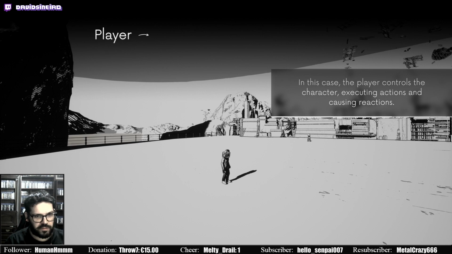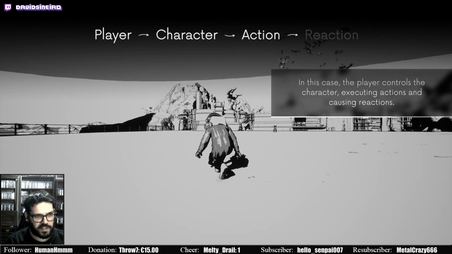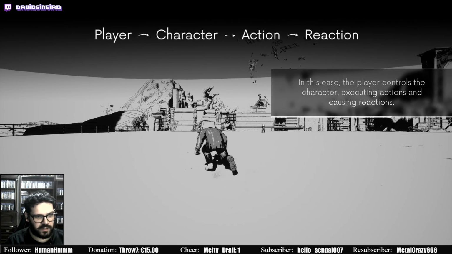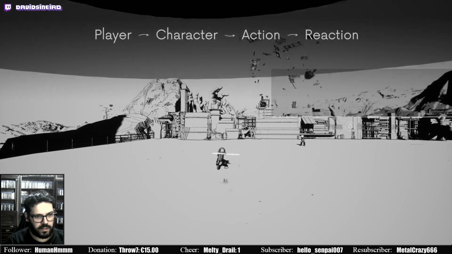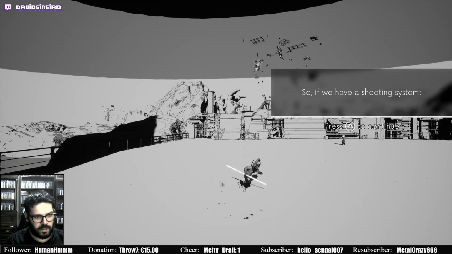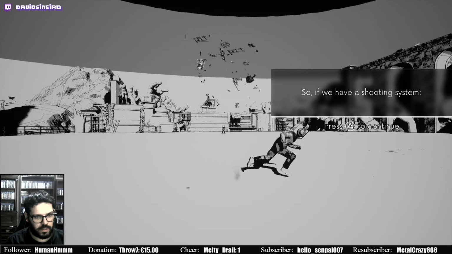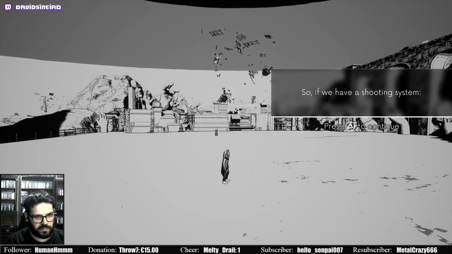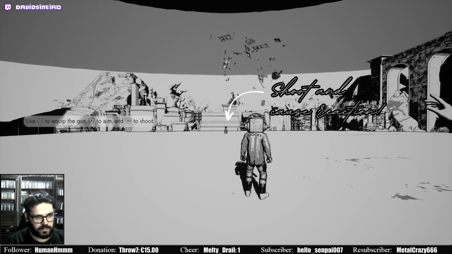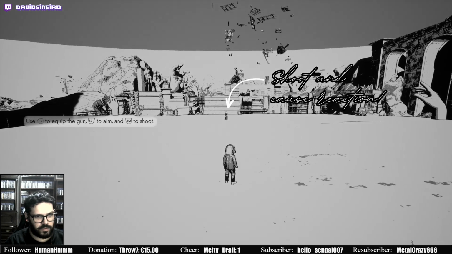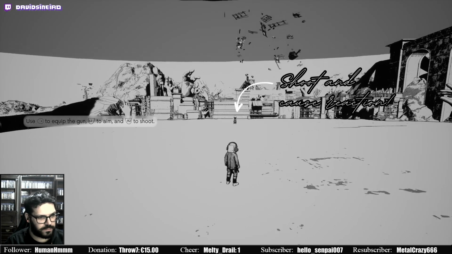In this case, the player controls the character, executing actions and causing reactions. So if you have a shooting system, shoot and cause a reaction.